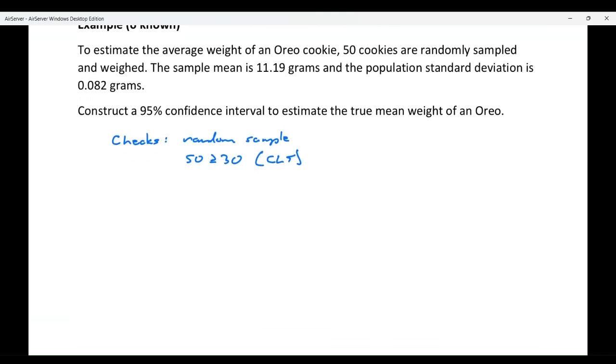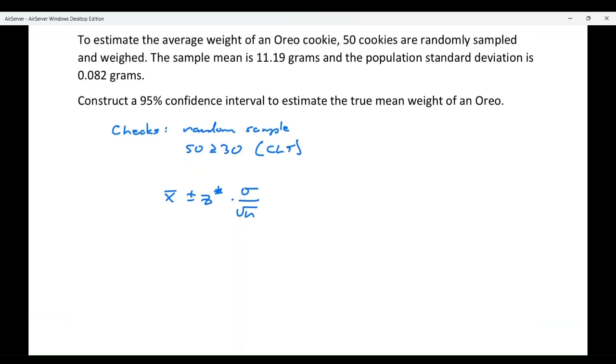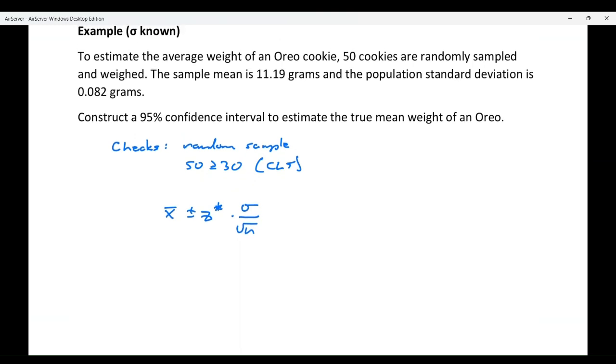Okay, so with those two points established, again, we are finding our confidence interval by taking x bar plus or minus z star times standard deviation over the square root of n. So x bar, again, that is the mean of the sample. So the mean of our sample is 11.19. You see that at the top there. So we are going to take 11.19